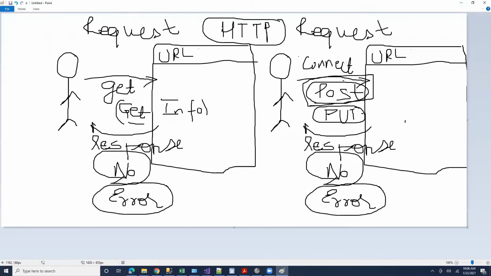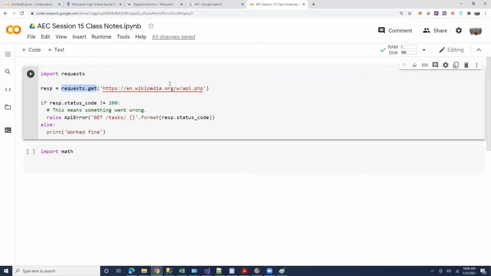So what we spoke about so far is different types of HTTP requests, which are basically ways of communicating between websites or between applications that are on the web. And we are now looking at the code. So you only missed the story part. Now, luckily, you came for the code part. So we could say requests.get and give it a URL or a website link.